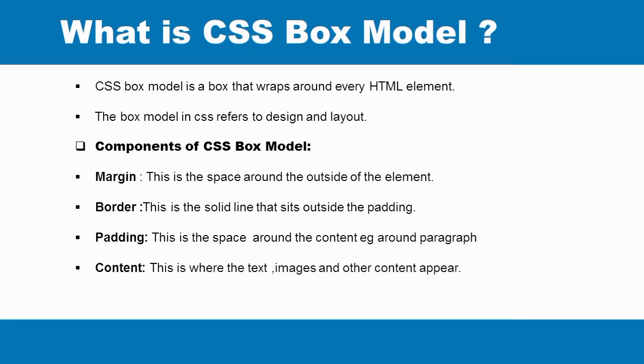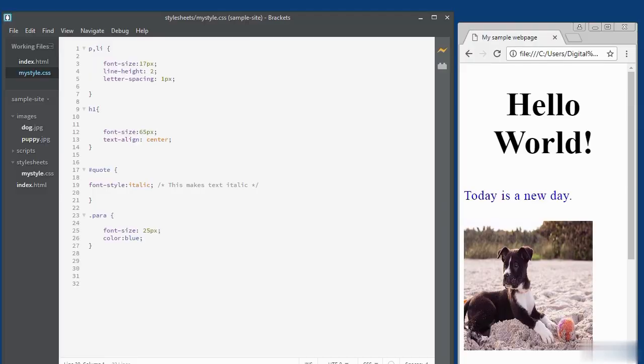And then we have the actual content. This is the area where the text, the images, and other content you have on the page appear. To show you what the box model looks like, if you've got any basic web page open,